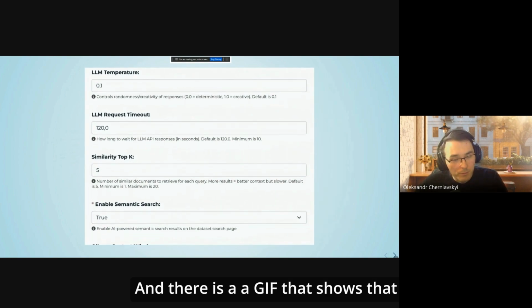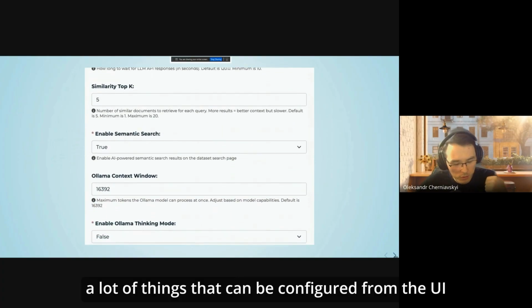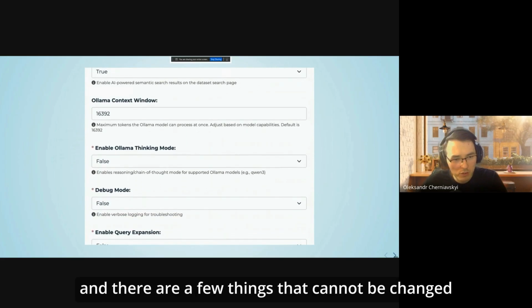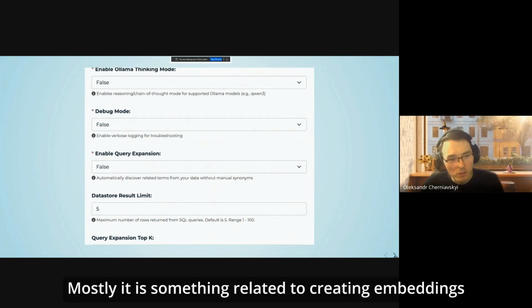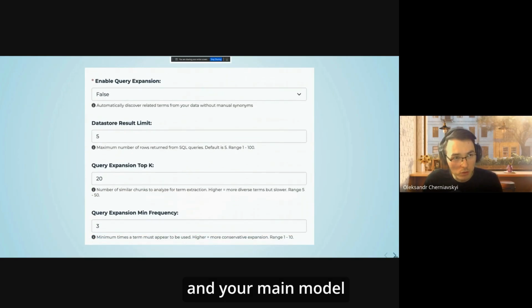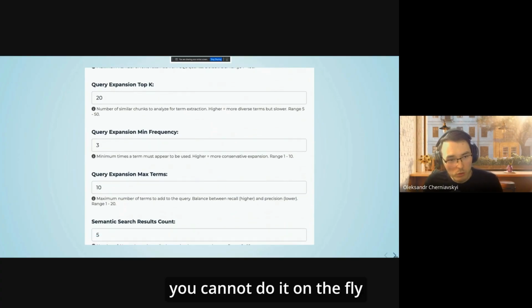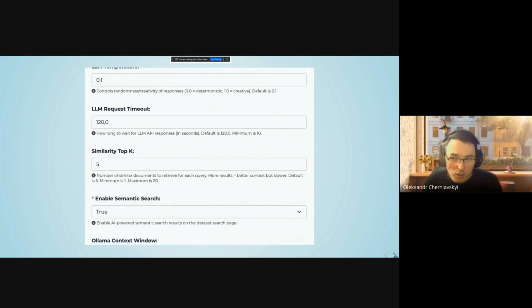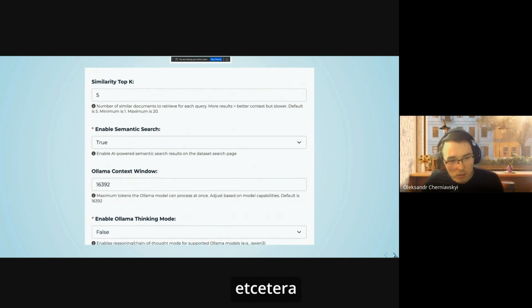There is a GIF that shows we have a lot of things that can be configured from the UI, which means on the fly. There are a few things that cannot be changed once you have started the CKAN portal, mostly related to creating embeddings and your main model. If you want to change from Ollama to OpenAI, you cannot do it on the fly because you will probably have to change the embedding and re-index the data, since embeddings might have different dimensions, etc.